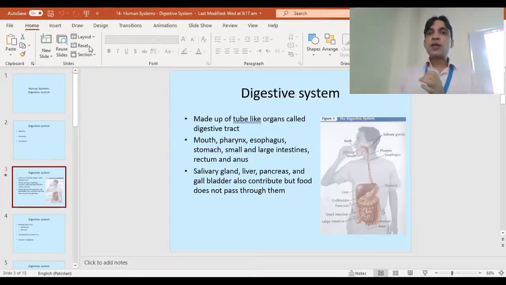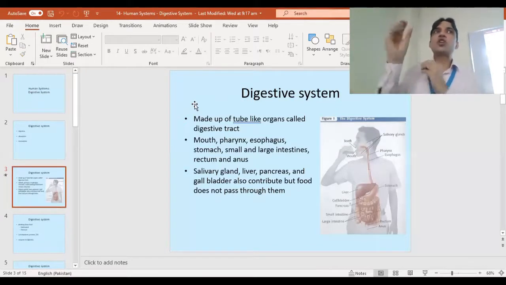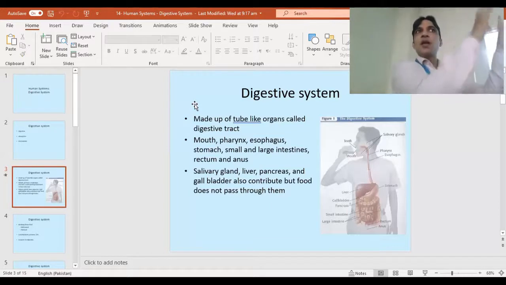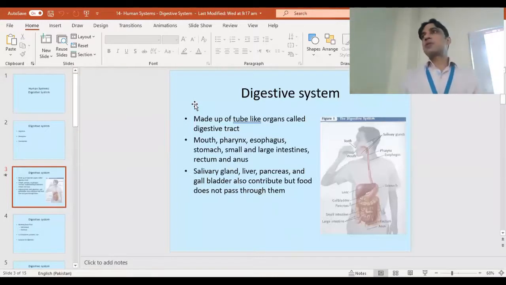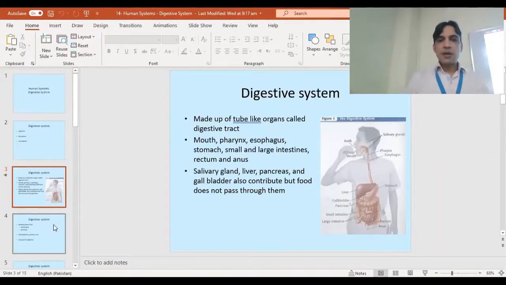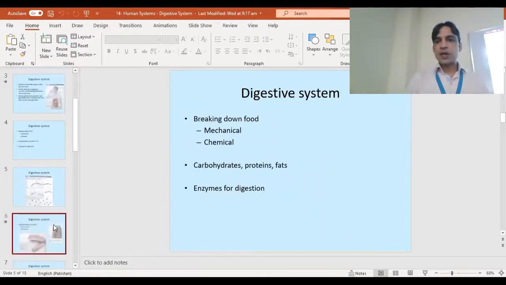We chew them together, try to break it as much as possible physically, and then convert them into a ball-like structure, and then push that ball-like structure into the next part of the digestive system. And what is the next part of the digestive system? That is the pharynx. And I have talked about the pharynx earlier, but just for an understanding, you should know